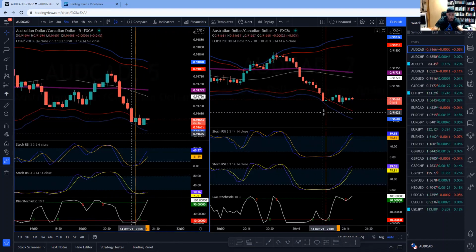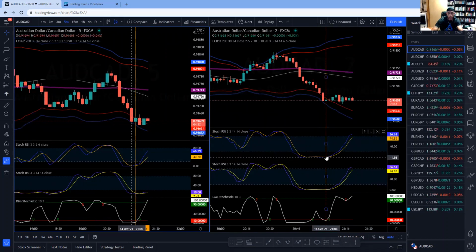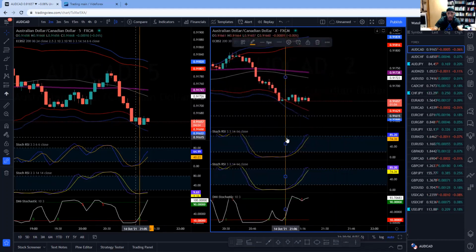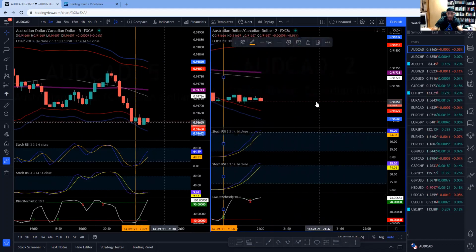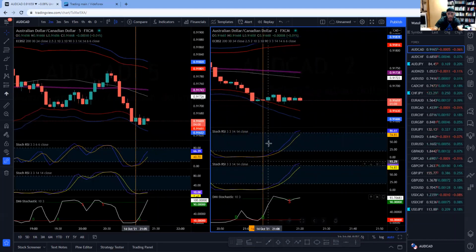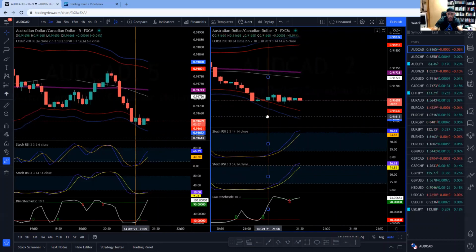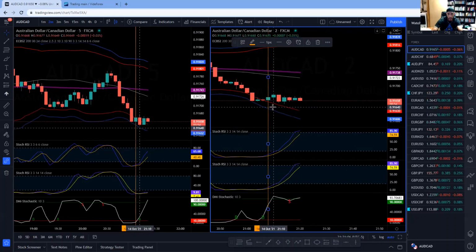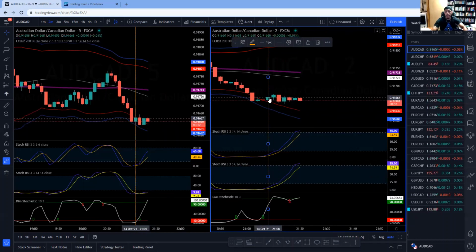So come down on the 2 minute, touching the Bollinger Band. Oversold, and the DMI is also oversold. So now we wait for the rebreak, then the extension. The B popped up right here, and then we got the extension right here. So once this candle closed,